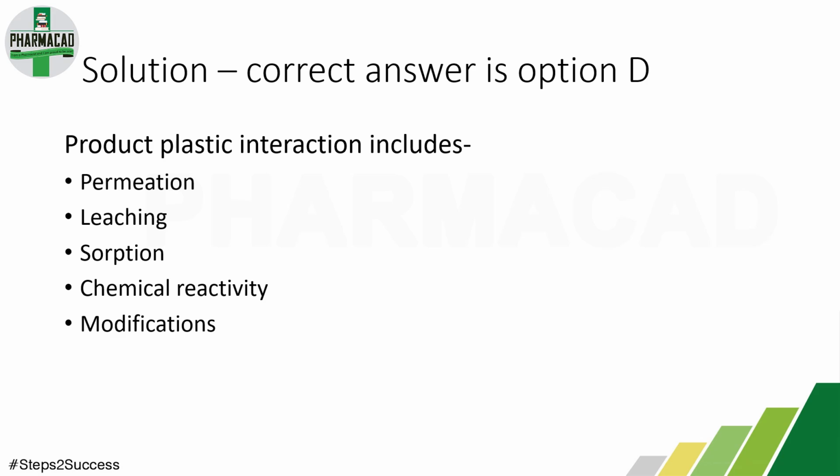Product plastic interaction includes permeation, leaching, sorption, chemical reactivity, and modifications, in the sense of physical and chemical modifications in the properties. What is permeation? Permeation is basically the transmission of gases, vapors, or any liquid through the plastic packaging material, which can affect the shelf life of a drug. Permeation of water vapor from the plastic container to the product can degrade the drug, and it can also promote the growth